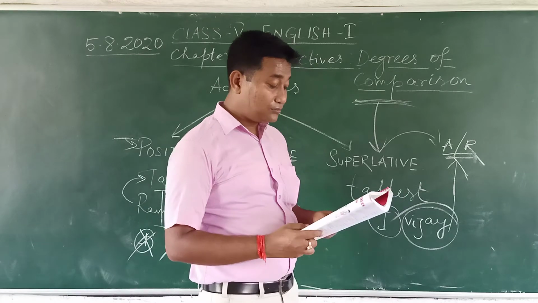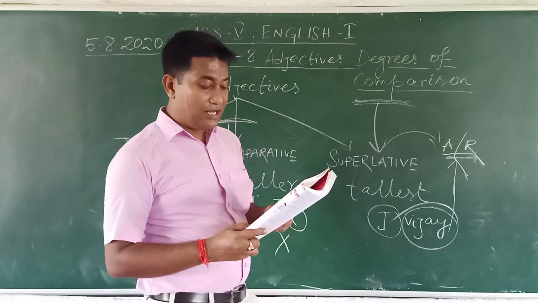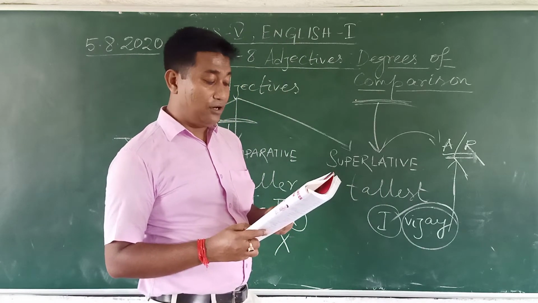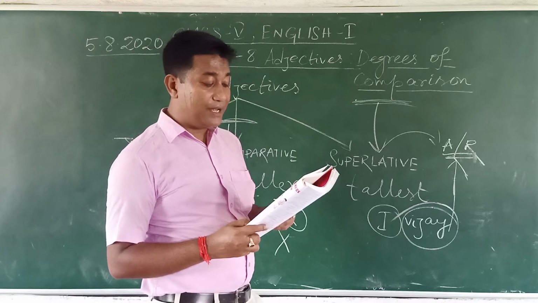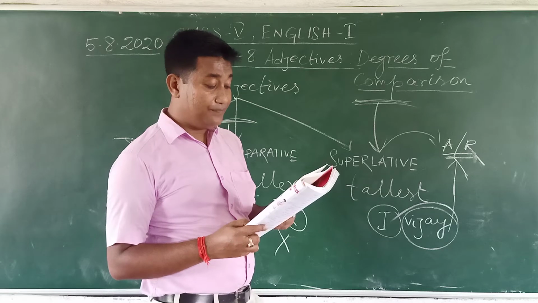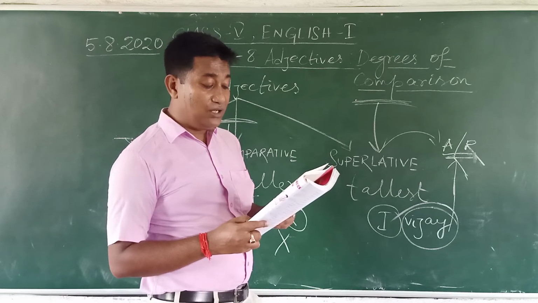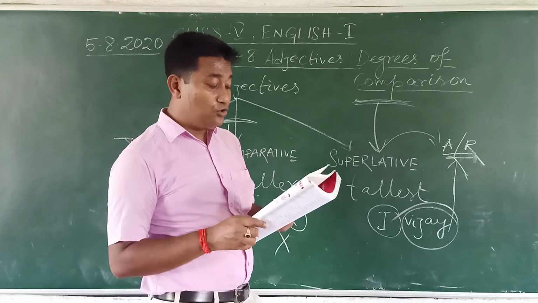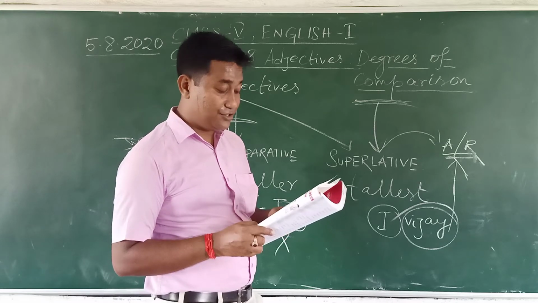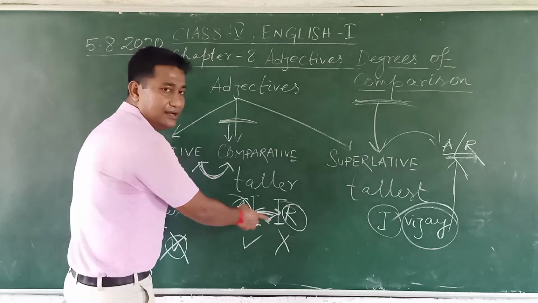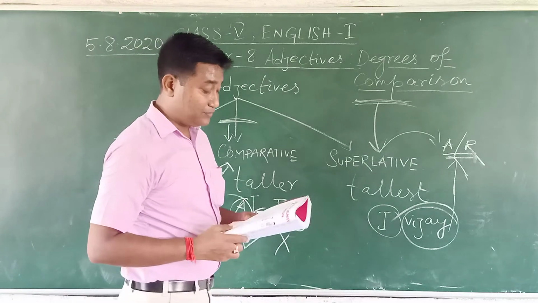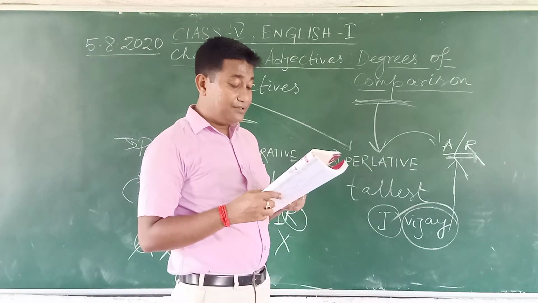The words tall, taller, and tallest are the three forms of the adjective tall. In sentence 1, when we say Ramesh is a tall boy, we are not comparing him with any other boy. In sentence 2, when we say Atul is taller than Ramesh, we are comparing two boys, Atul and Ramesh. So two comparisons have been done.